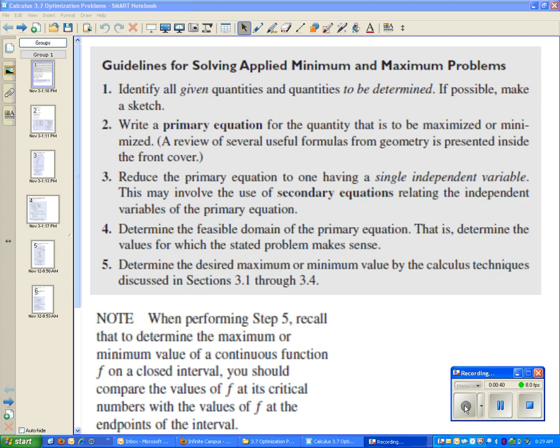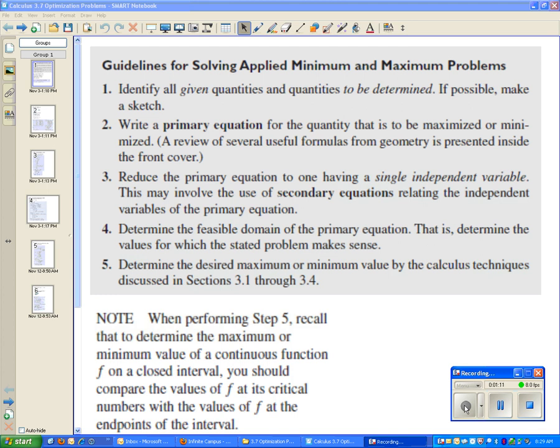Okay? And the guidelines for solving optimization problems are at the bottom of page 219. You have to identify all your given quantities and the quantities to be determined. And if a drawing seems appropriate, make a drawing. And that's not as easy as it sounds sometimes, to even realize what you're given, much less what it is you're supposed to find. Write a primary equation for the quantity that is to be maximized or minimized, and then